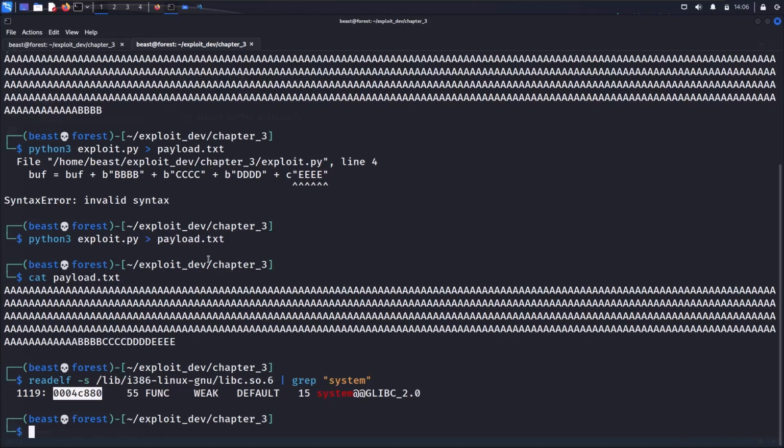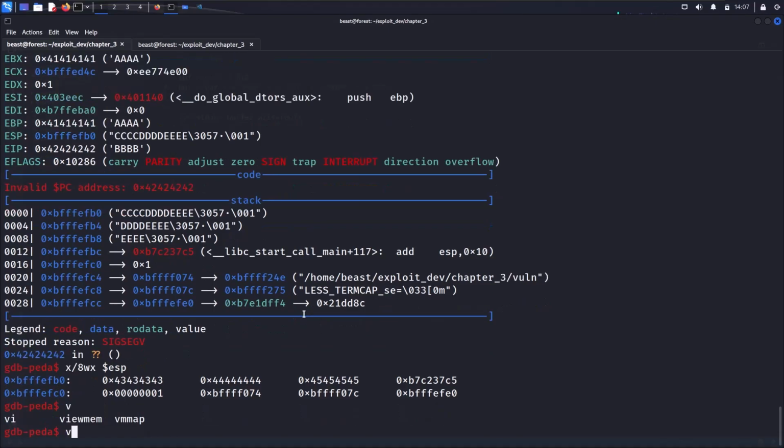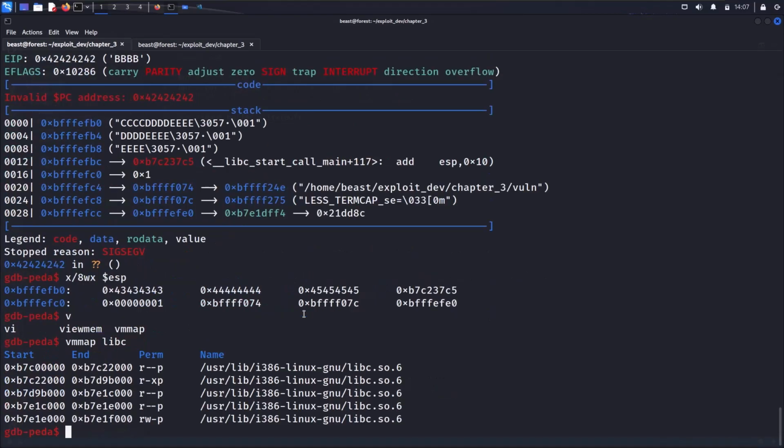There is another way, but we will go the easy way. There is a function in peda, vmmap libc. So we will pick up that address